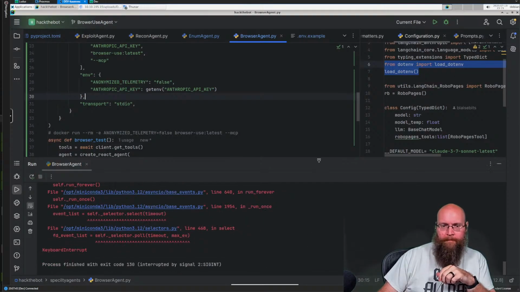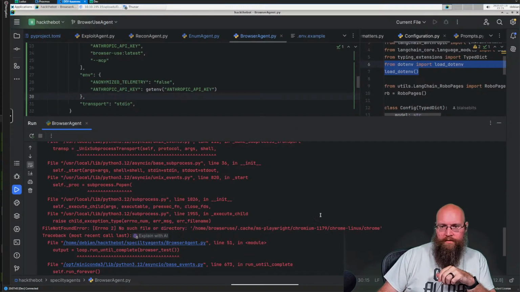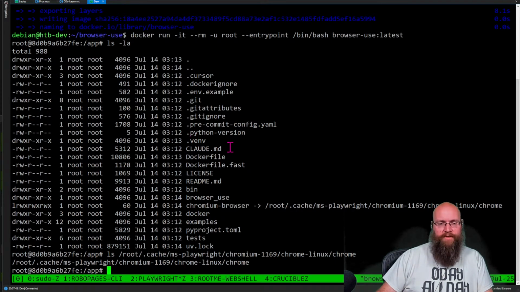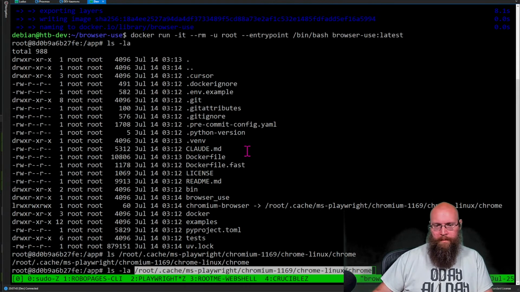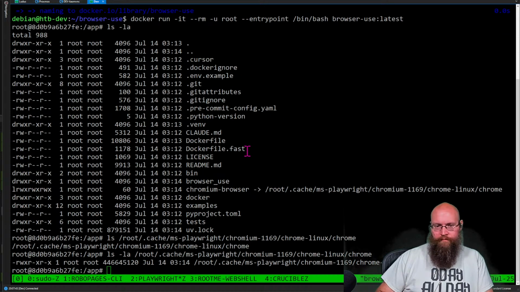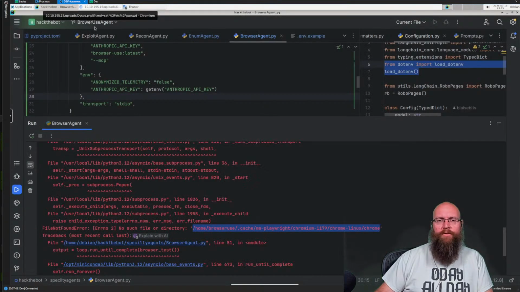Okay. That's right. So it's still looking for it in browser use. Let's go see if that is there. Wait, that's not right.